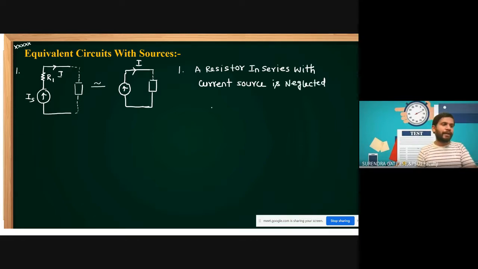Current source is neglected. Next, the second one is the condition where R1 is not equal to infinity. If R1 is infinity, that is meaningless: it is a completely open circuit, there is no current. If any R1 is there, the condition is R1 is not equal to infinity. But a very important point: R1 is considered in power calculation.